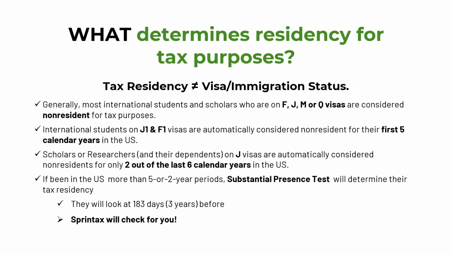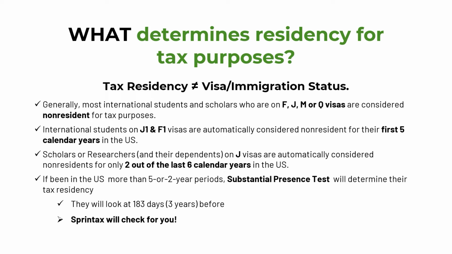The next question is, what determines residency for tax purposes? First, it is important to understand that your tax residency is different from your visa or immigration status. So, being a non-resident in terms of immigration status doesn't necessarily mean you're a non-resident for tax purposes. The key determinant of whether you are a resident or non-resident for taxes is the actual number of days you've spent in the U.S. Generally, most international students and scholars who are on F, J, M or Q visas are considered non-residents